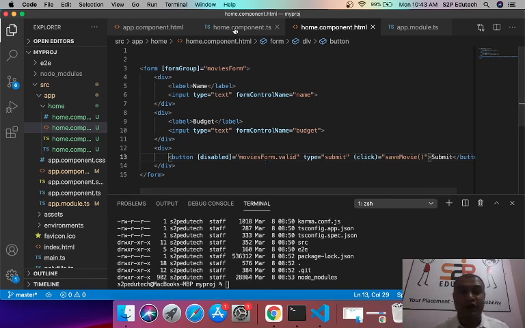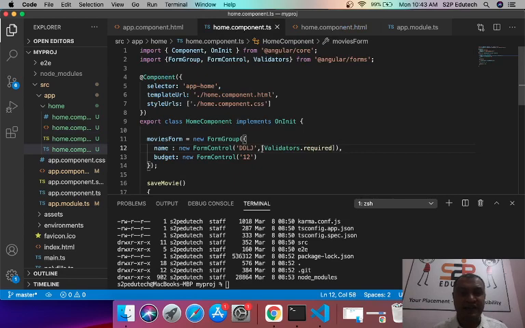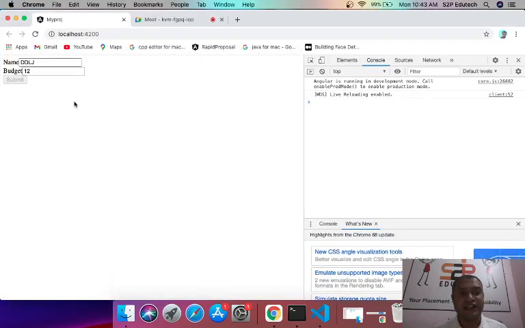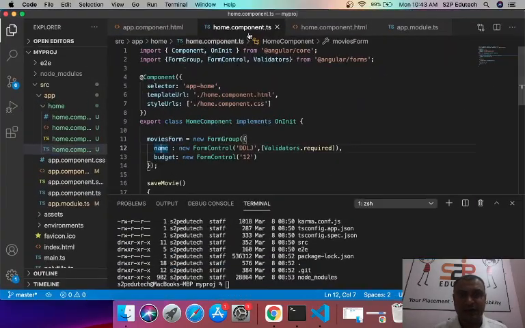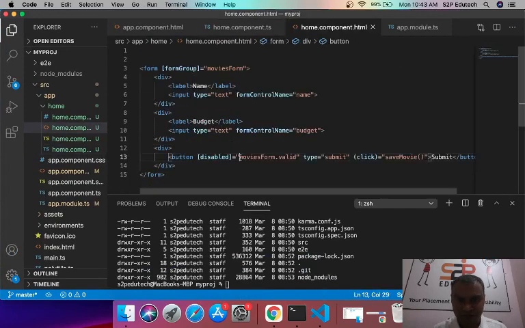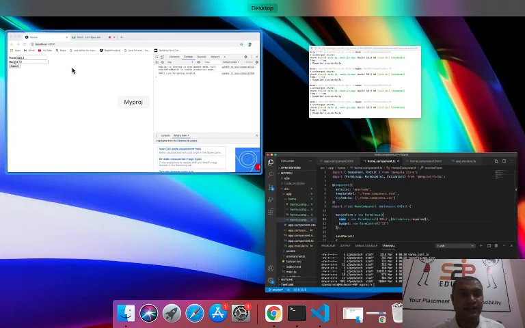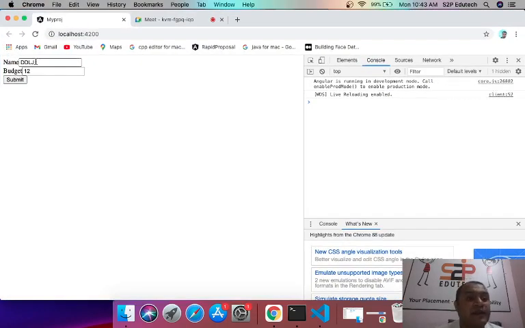Now what is the rule for validation? The rule is that this name field should be a compulsory field. Unless I have some value in that field, it will not be enabled. In this particular case, I have some pre-populated values.